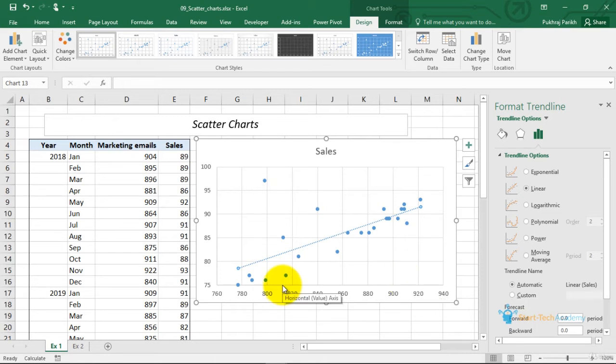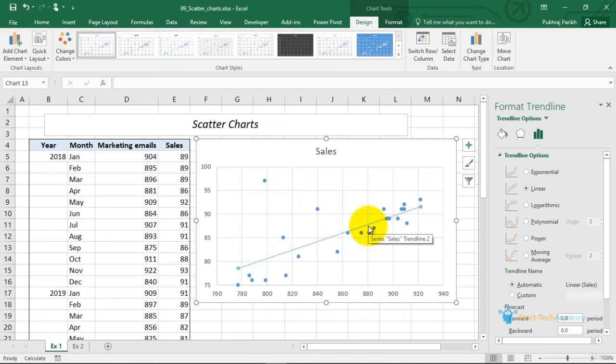You can also see in this trend line, if I increase the x-axis value, that is the marketing emails, from nearly 780 to 880, that is, there is a 100 unit increase, I send an additional 100 emails to the customers, I will increase the sales from approximately 79 to approximately 88.